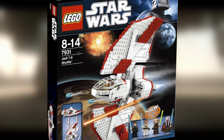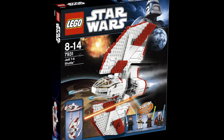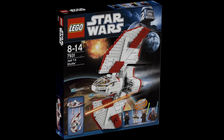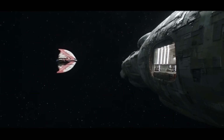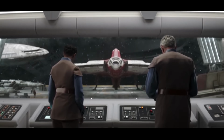We saw a LEGO set of it back in 2011, I believe, which I loved as a child. It had a completely different color scheme and was lacking quite a few details that the Ahsoka model added. That one was highly modified with an added thruster and a rear turret, for example. The overall look was way more rugged, since probably Ahsoka and the Rebels in general didn't have access to regular